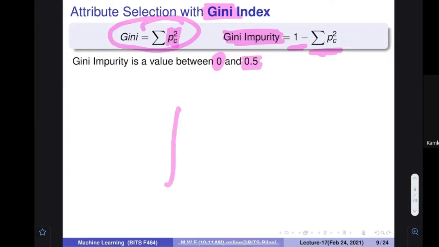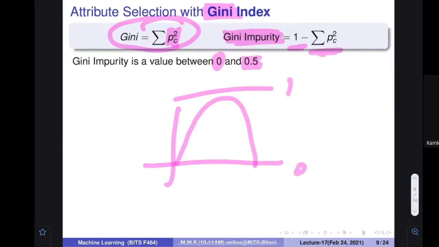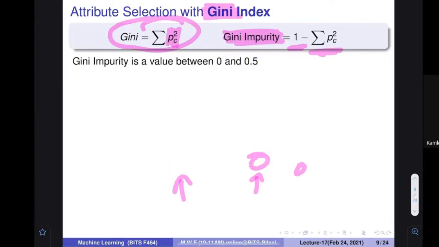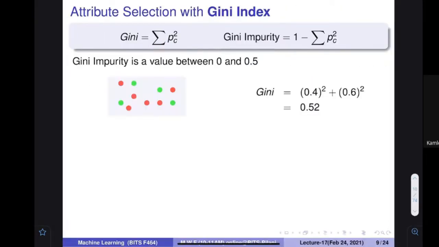You know that entropy was going to take a value between what? 0 and 1. The maximum value was 1 and the minimum value was 0. And when the purity of the class was 100%, then at that particular time, entropy was going to have the 0 value. Similar thing is going to happen over here. If you want to find out the Gini impurity, for the pure databases, when all the items are positive or negative only, the value is going to be 0. In all other cases, it is going to go up to 0.5. In the same way, you can find out the value of Gini on a given database.